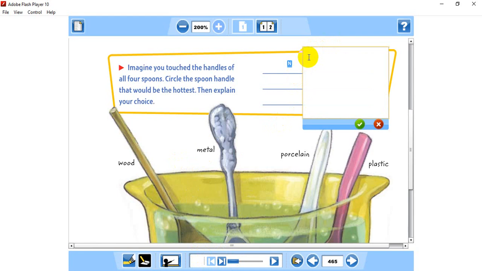Because metal absorbs heat, or we can say the heat moves fast through metal, or we can say the heat moves quickly. Okay, heat moves quickly what? Through